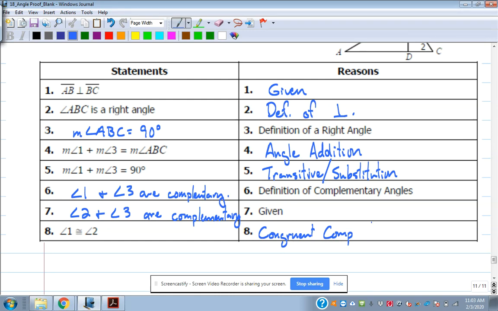Congruent complements theorem. All right. Questions about what we've been doing? This takes a little bit of practice. It's not necessarily